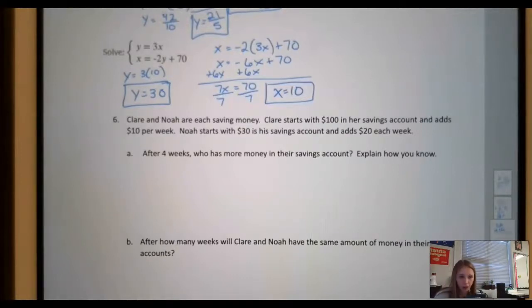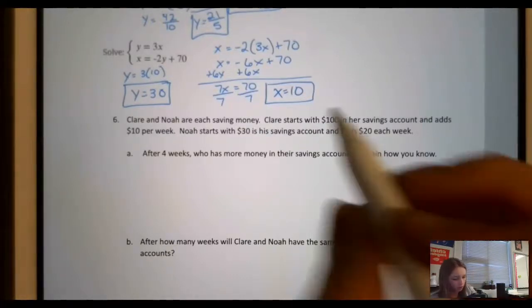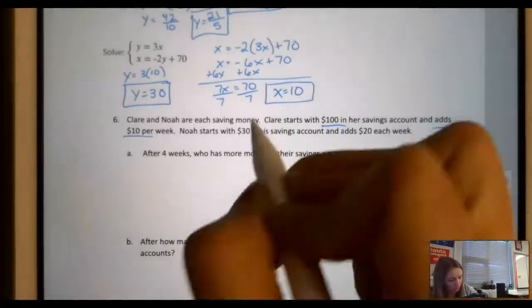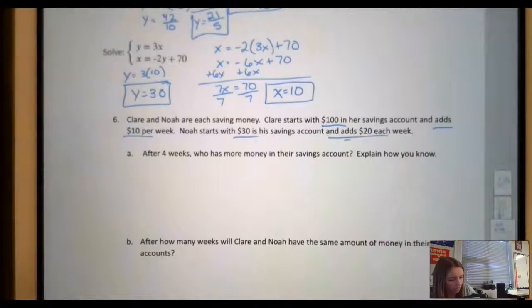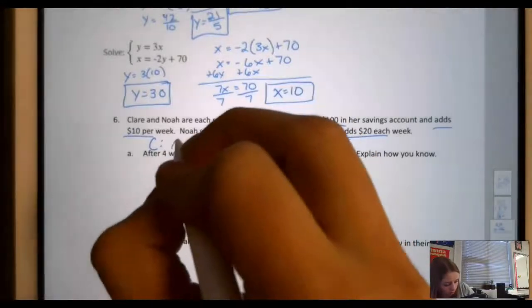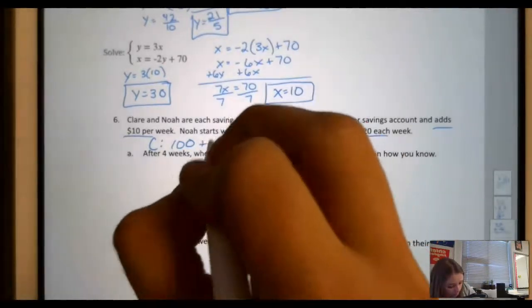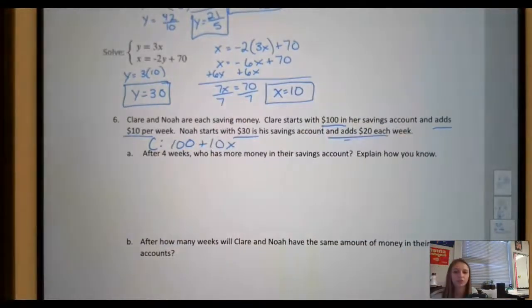Alright, now let's do this word problem. So Claire starts with $100 in her savings account and then adds $10 a week. Noah starts with 30 and then he adds 20 a week. Alright, so for Claire, she starts with $100. So I'm just going to write 100. And then she adds, so they even tell us we're going to add $10 per week. And so since the $10 increases per week, we're going to connect our variable to the 10,